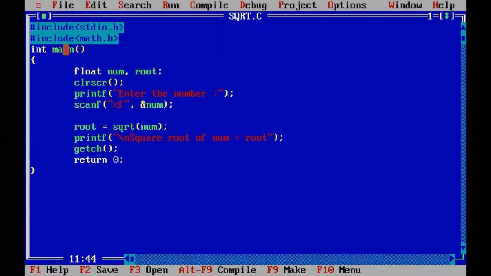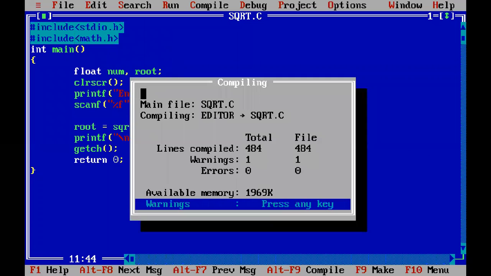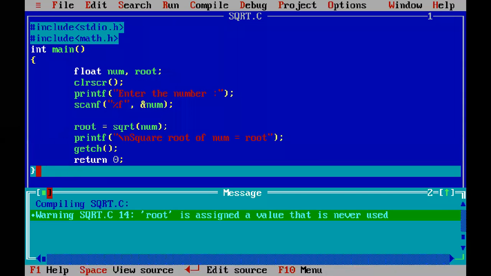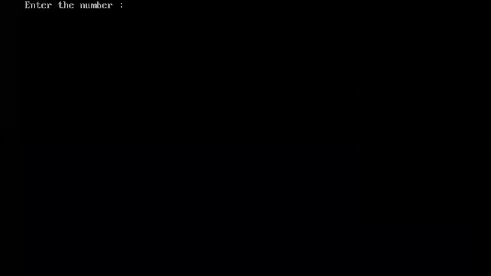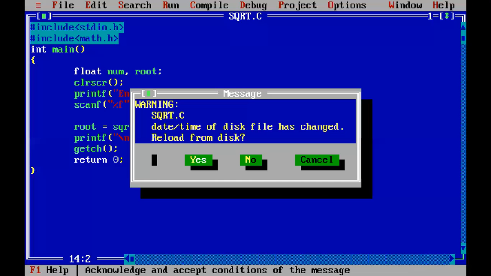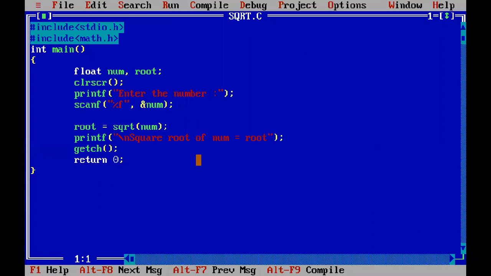Let me save it first. We have a warning, but let us ignore it. Enter the number. Say I'm entering 25. See, square root of num equal to root. As I said, whatever you place inside your double quotes will be displayed that way only.